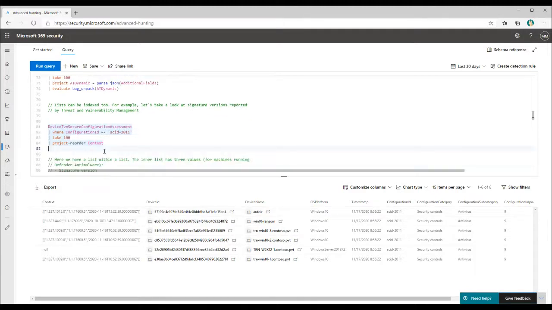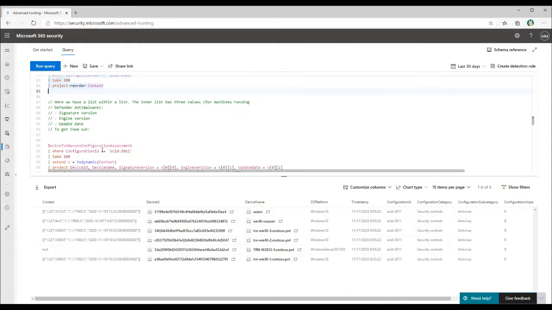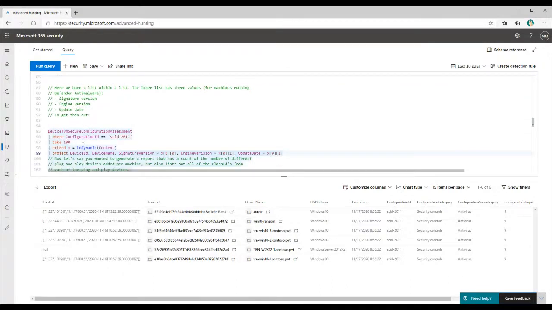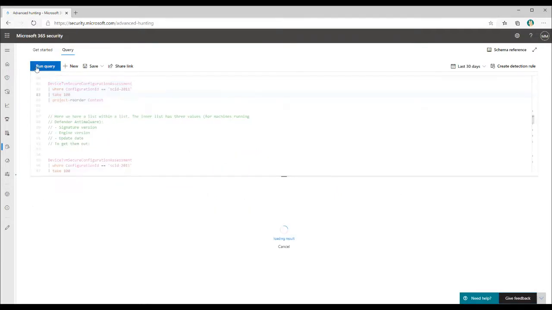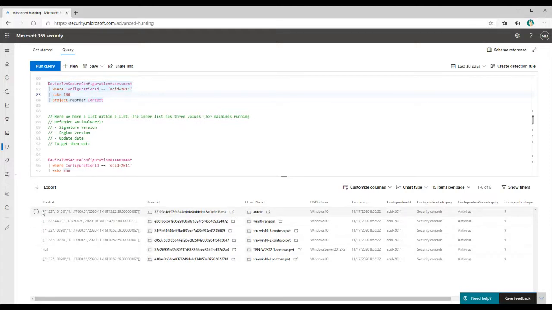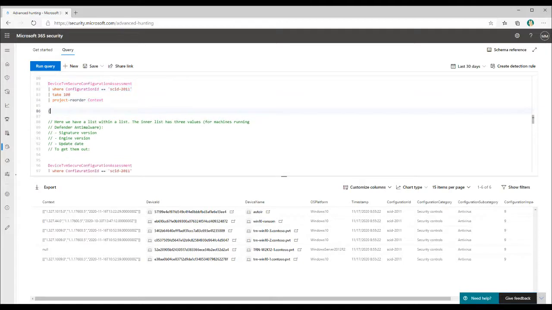To do that, we can turn this into a dynamic again, and we're going to use these operators here that look for the 0th item and then the 0th item within that. The reason we have 2 of them is that if you take a look at the way this is formatted, you'll see there's a list inside of a list. A list in JSON is going to be a square bracket like this, like one of these. So having 2 of these, we're grabbing the 0th list, which is the outside one, and then we're going to grab the 0th item from that list, which is going to be this